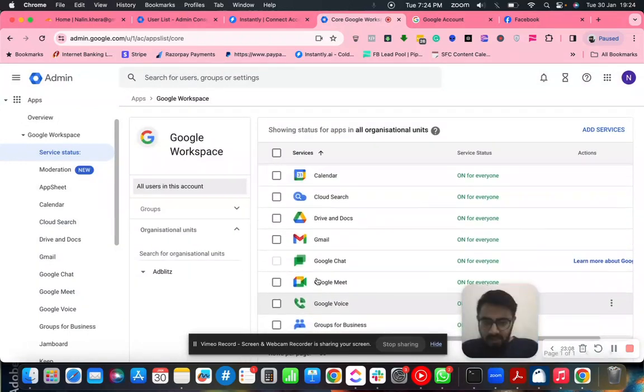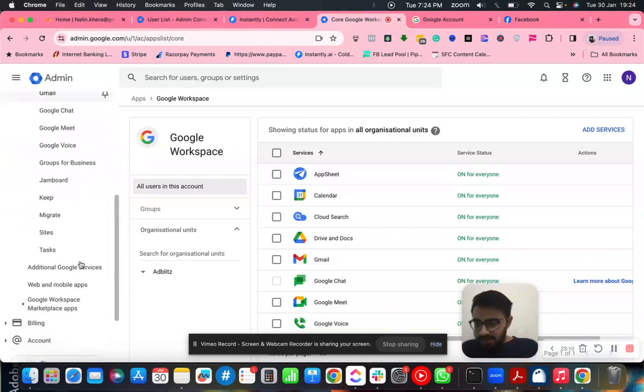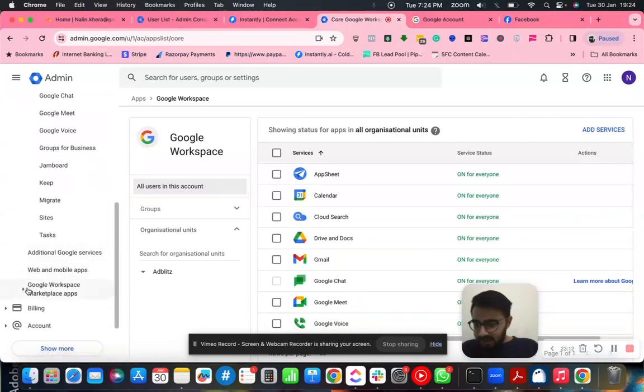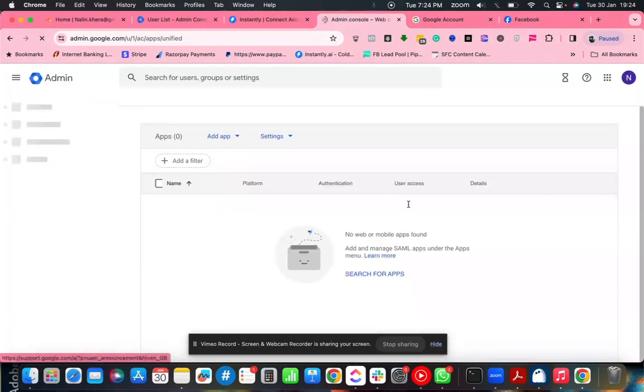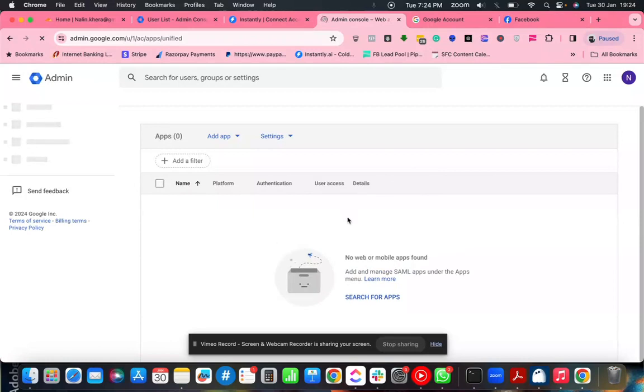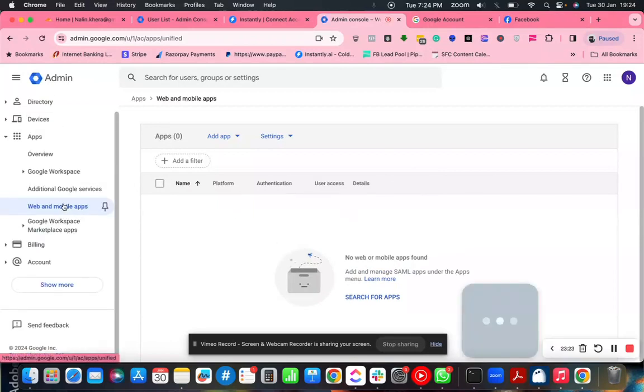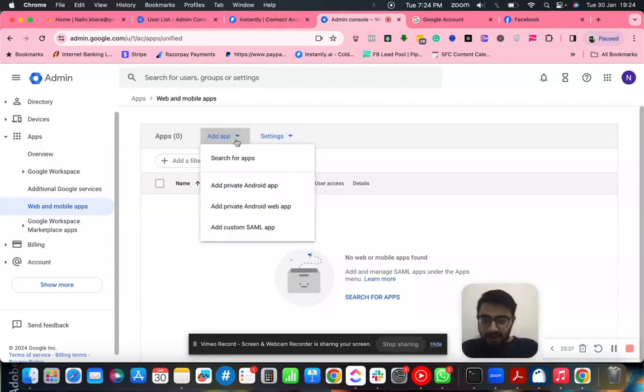I totally did this, but then I think I just forgot about it now. That's totally fine, it happens, right? So I'm just going to quickly, all right, so let's do this. Okay, yeah, I think I found it. Yes, this is the one, apps, and then web and mobile apps, and then over here add app,